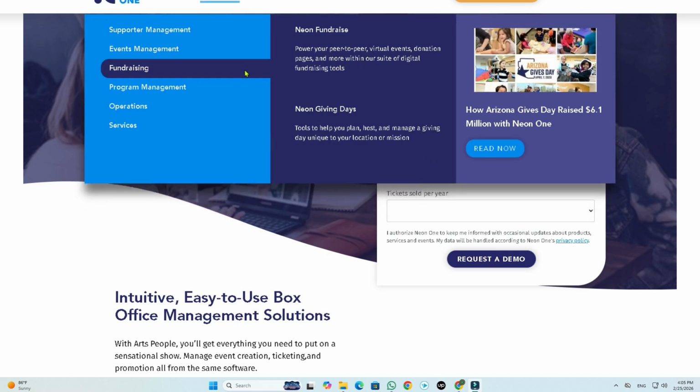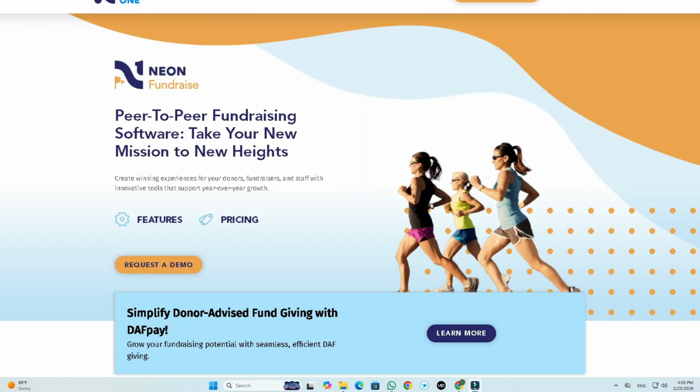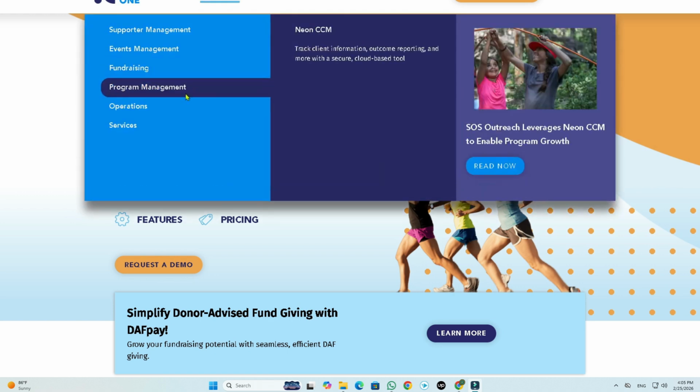fundraising, which has the Neon Fundraise. Basically, it's a peer-to-peer fundraising and crowdfunding platform which helps nonprofits create campaign pages, donation forms, and fundraising events. It supports team-based fundraising and integrates with Neon CRM. Right? The next is going to be the